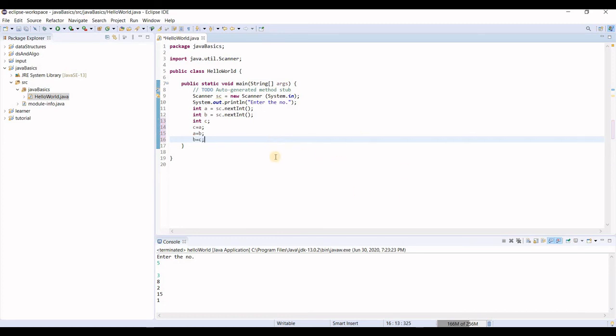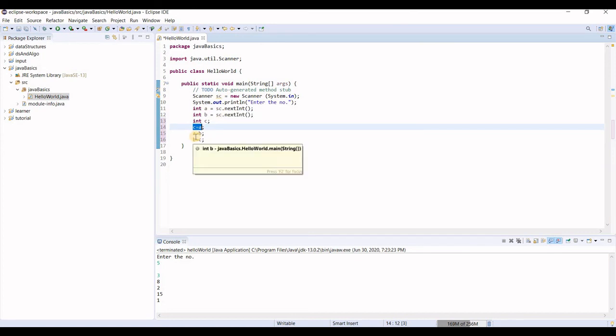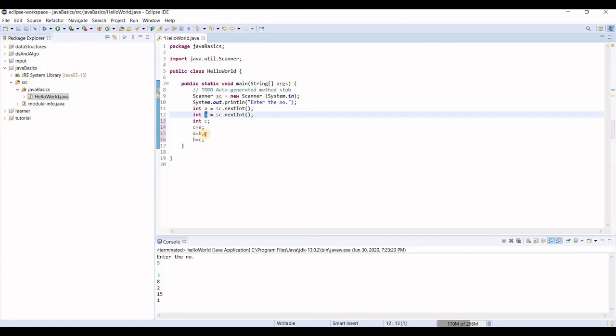What I have done over here is I have created a new variable c which stores the value stored in a. Now a's value is changed to the value stored in b. So a got the swapped value.